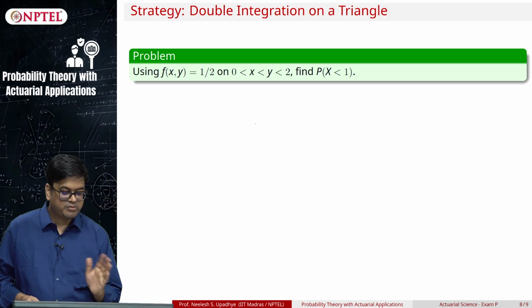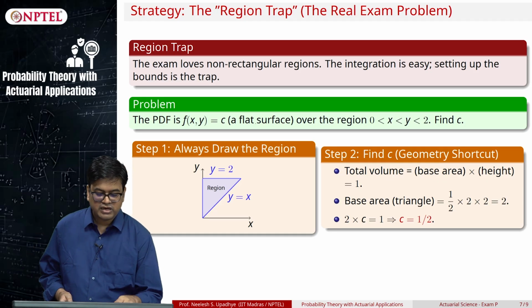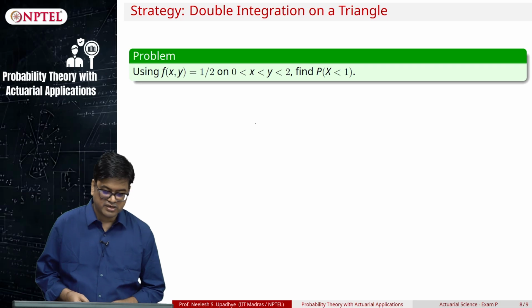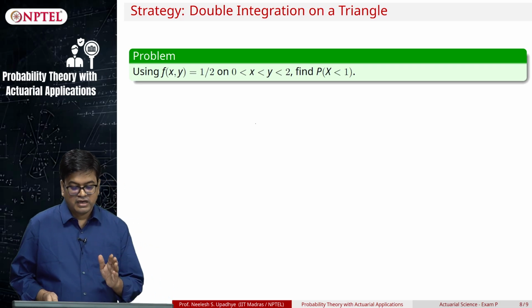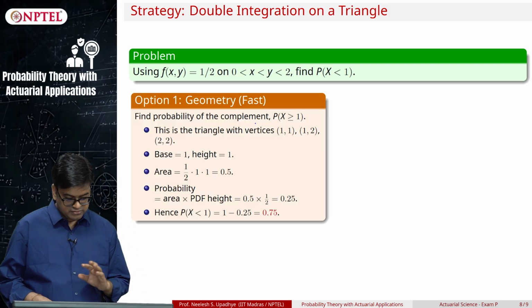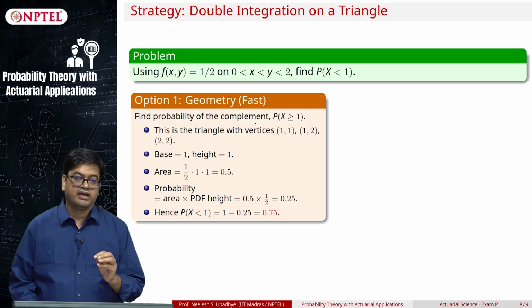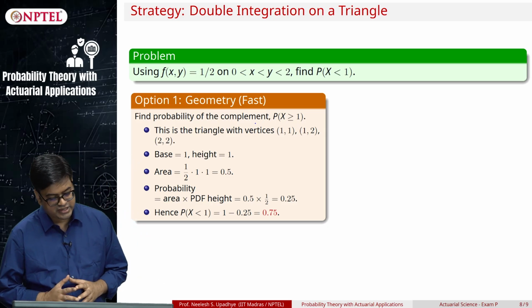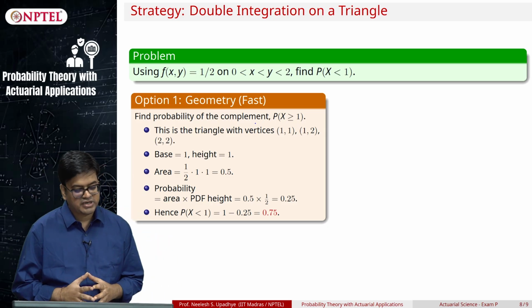So, the problem can be a dual problem. You are given C and then you are asked to find the probability of x less than 1. How will you find that? Again, you can do it in two ways. The first way is the geometric way, but it may ditch you sometimes, or it may not be accurate sometimes, but in this case it becomes accurate.